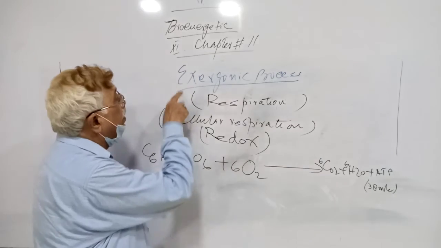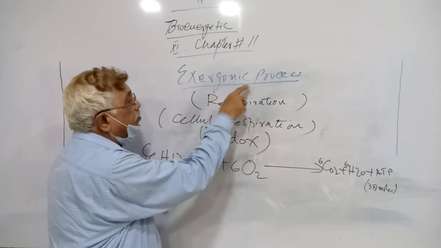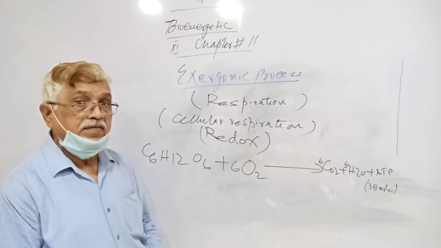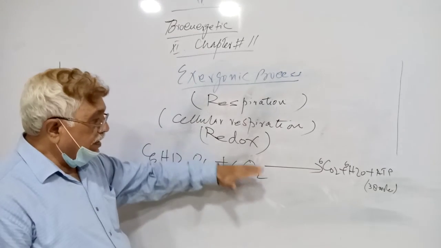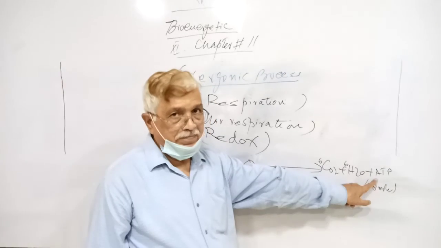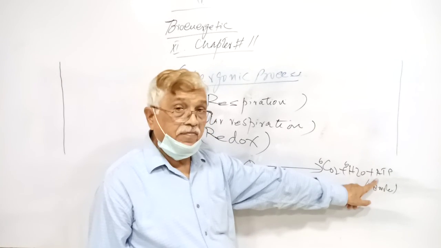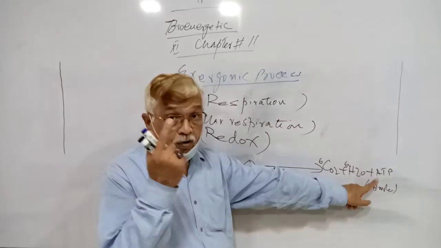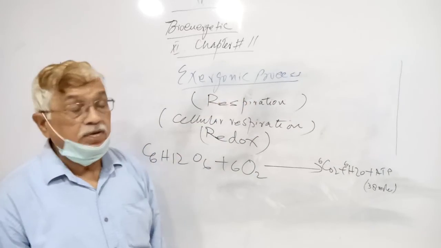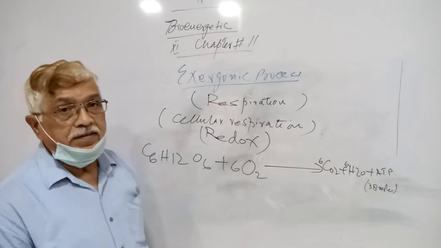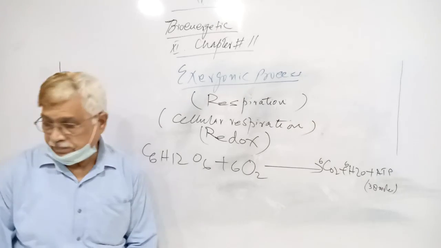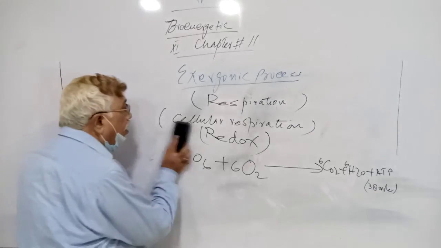So it is called the exergonic process of bioenergetics. Second definition: cellular respiration is responsible for release of energy, so it is called the exergonic process of bioenergetics. Okay. Now after this definition,